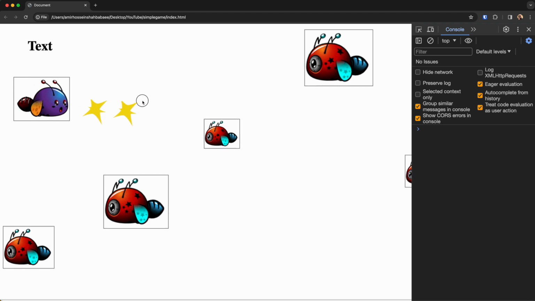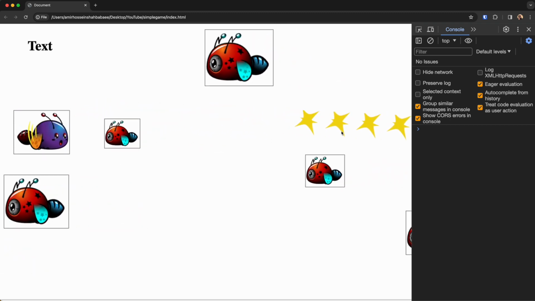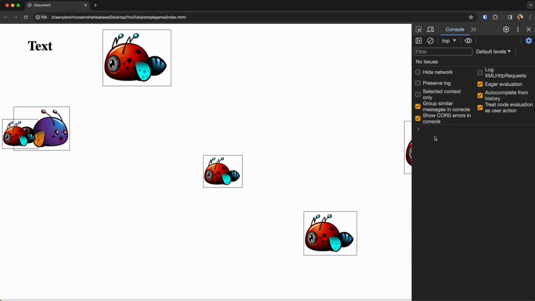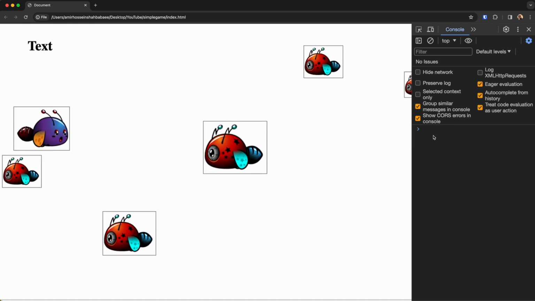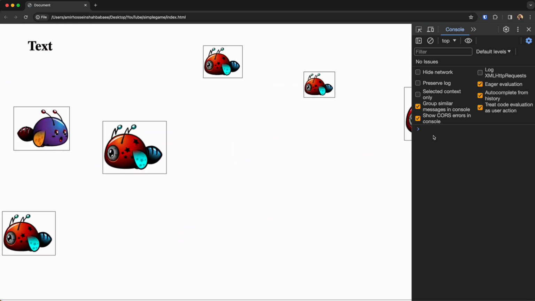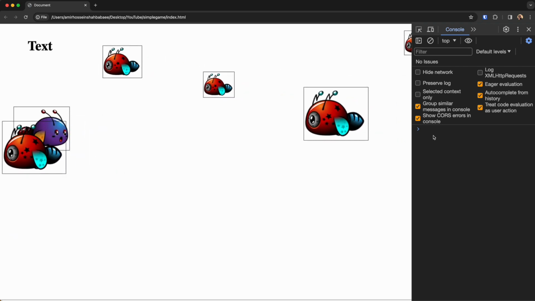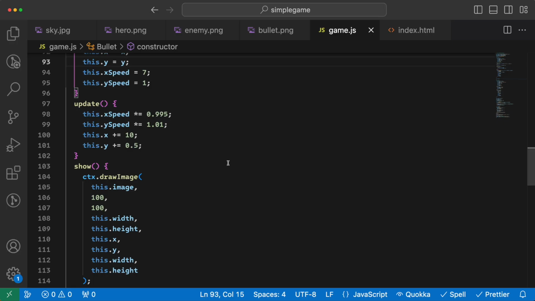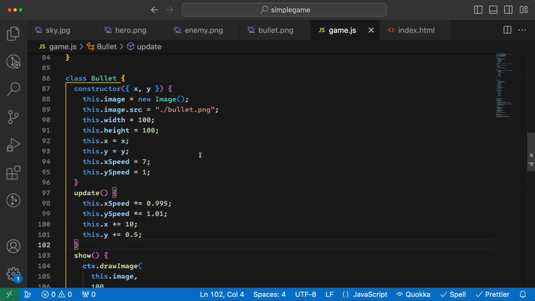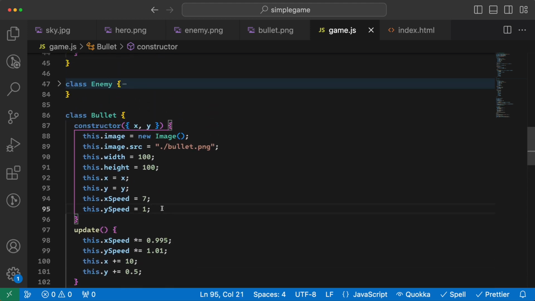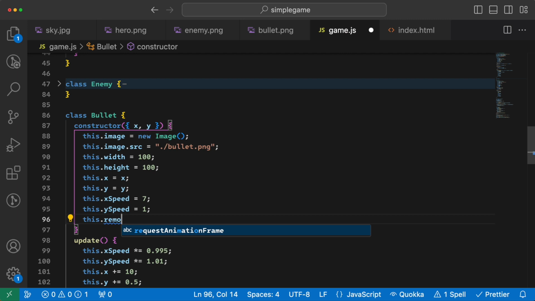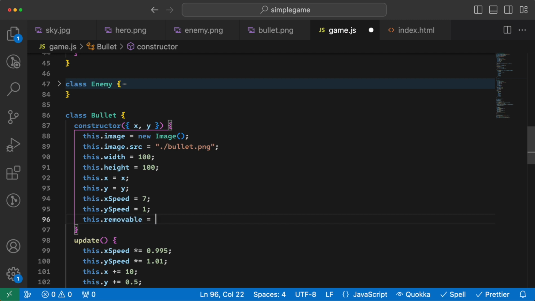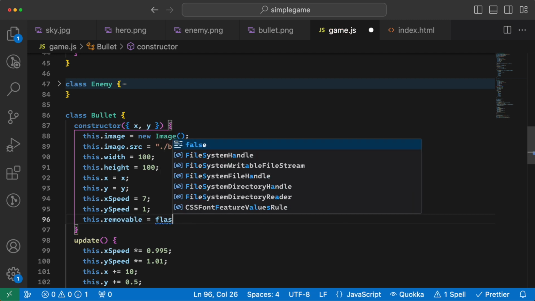Because when I am clicking and they go out of the screen, I don't need to use them anymore. So I don't want the bullets array to get longer and longer and longer. So I will define something called removable, which is in the beginning false,